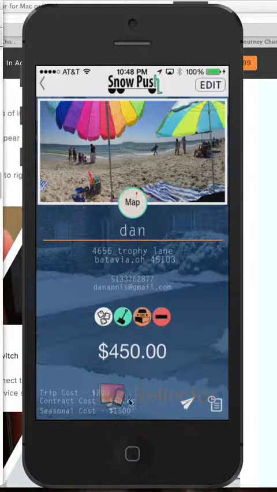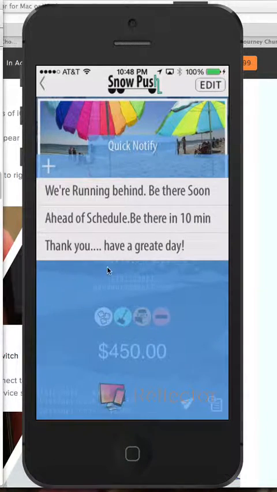Sorry for the reflector. This is the reflector image that I'm using to send this up. So this is just a watermark of the application. There's two icons on the bottom. We've got a little airplane and report/tickets. First off, if I go to the airplane here, we can send a quick note to this customer,